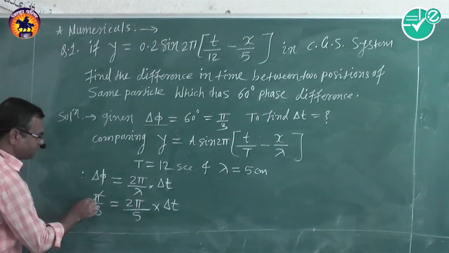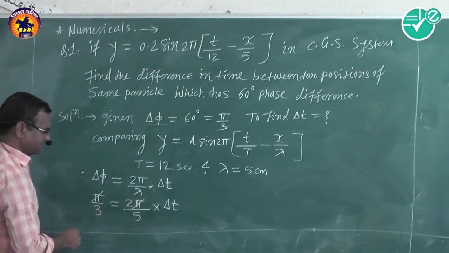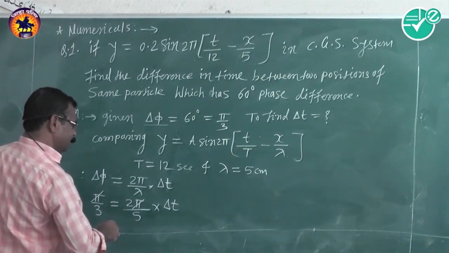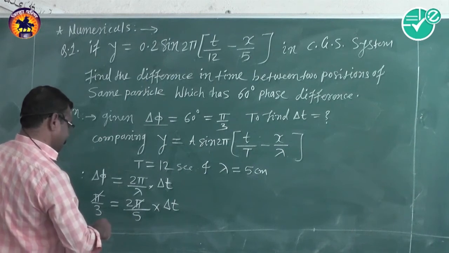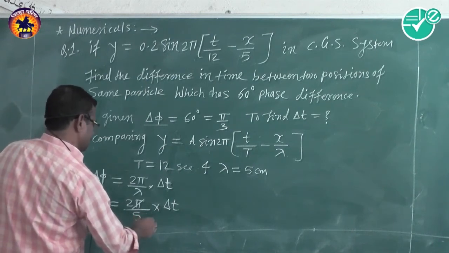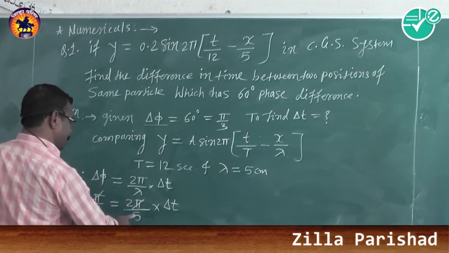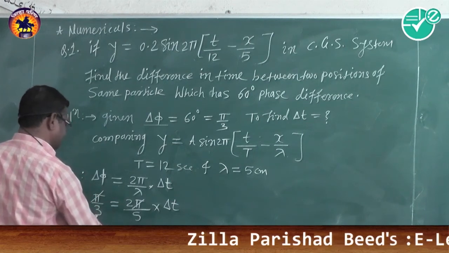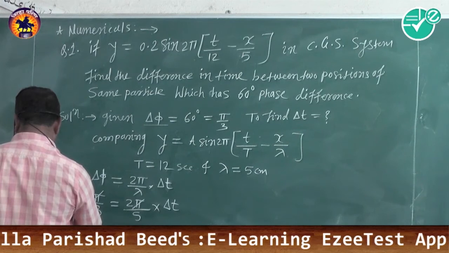Here the pi gets cancelled and we can find delta t. The 5 goes to one side and the 2 goes to the other side, so we get delta t is equal to